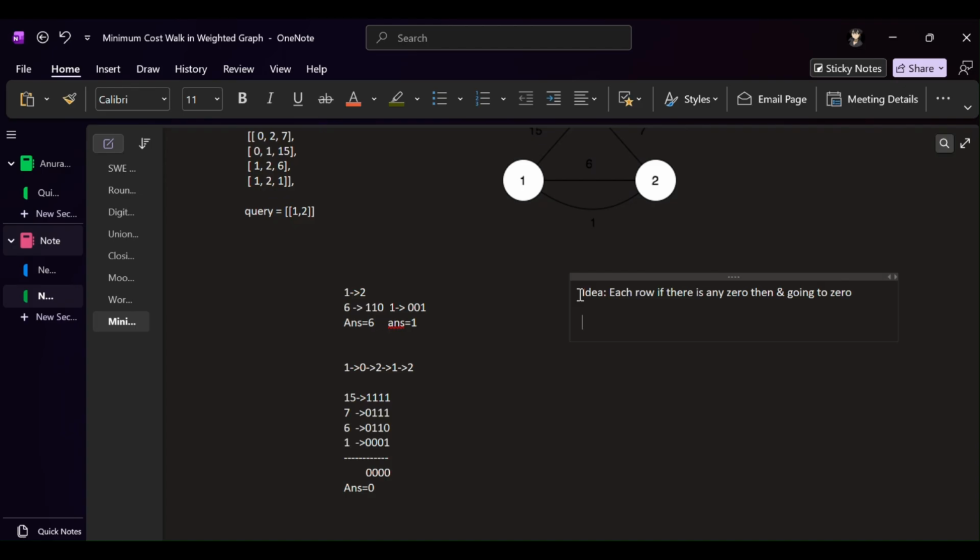And if we AND the same number multiple times, then it's not going to affect our answer. So if we want 0 in any row, then